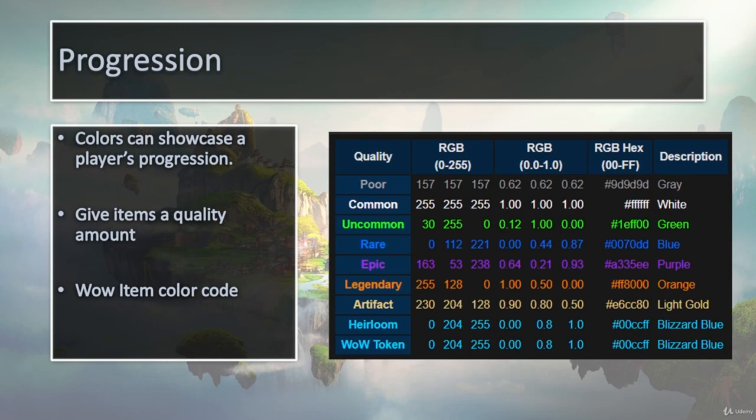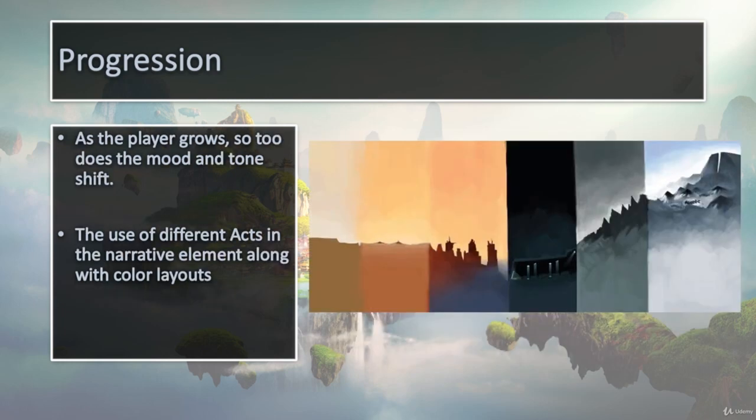So you could have the same image in terms of, let's say, a sword that is green or purple. But obviously the person that gets the purple sword will have something more epic and more important, of more value, than the green one. So if you want to use color as a progression, one great way is to showcase that in weapons or armor or gear. Another great way is also to show how a player grows in a game in terms of